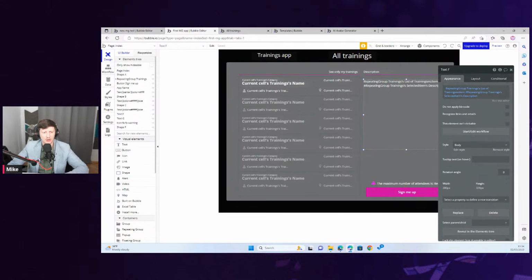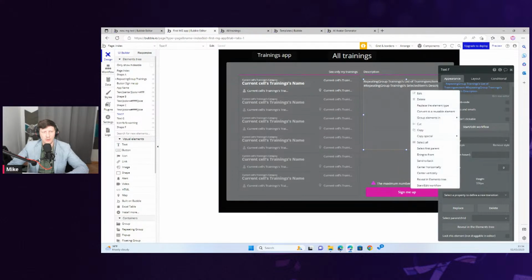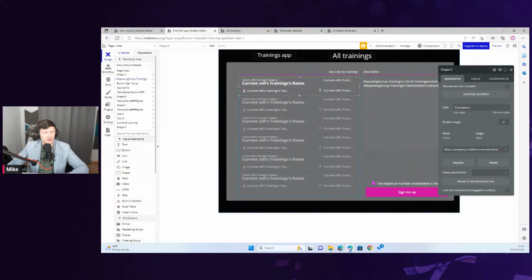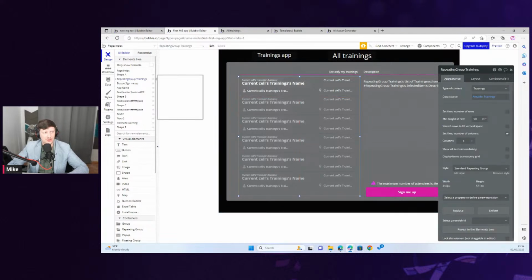Yeah, what else can we do here? Oh, well, data layer. I told you how to integrate Bubble with Airtable. Once you integrate it through this wizard in the plugin section, you can just select your repeating group and say that you want it to be integrated with Airtable.